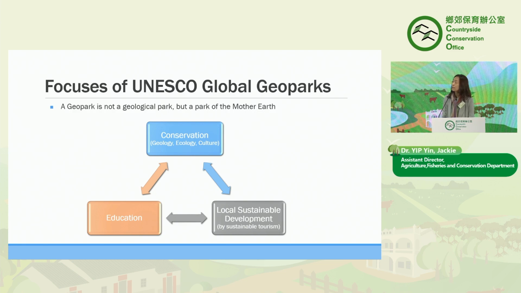There are three main focuses for the geopark, and they are interlinked: conservation, education, and local sustainable development. And by local sustainable development, we mean the promotion of sustainable development of the people who live there, which may take the form of, for example, sustainable tourism.